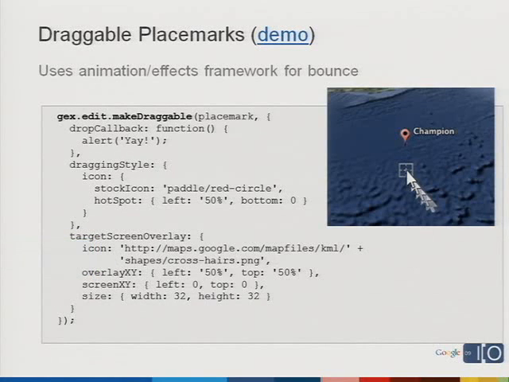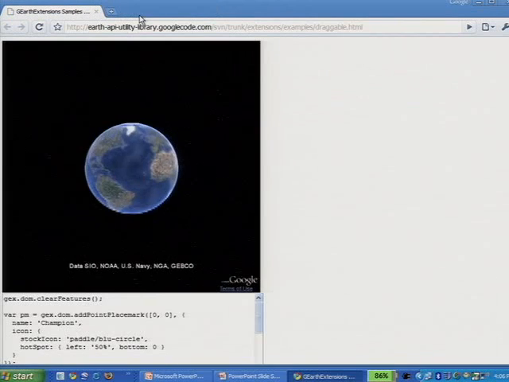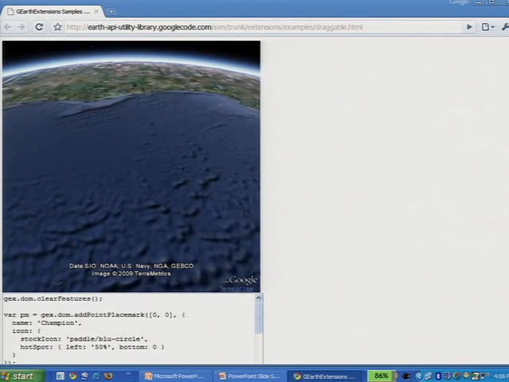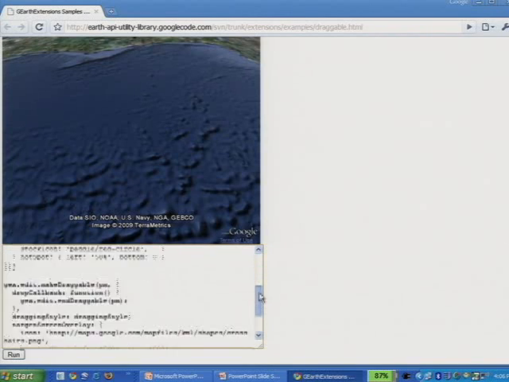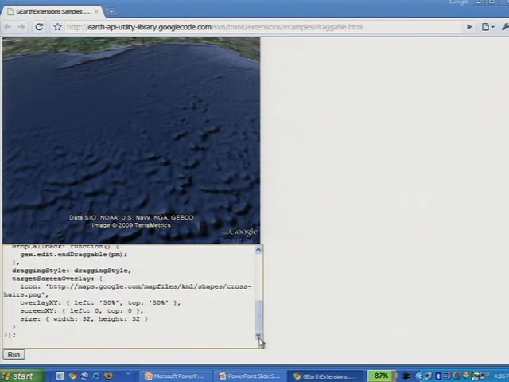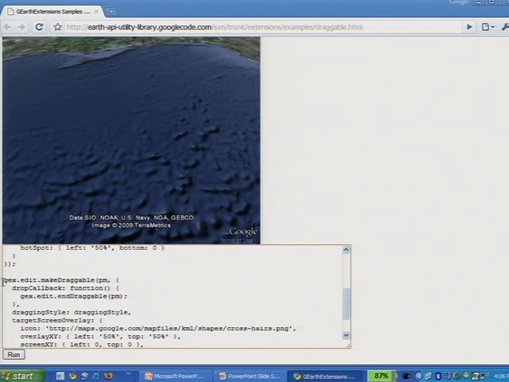So the first thing I want to talk about is draggable place marks. That was kind of the very simplest thing in the demo. Go ahead and close this, close that. All right, so here's the code for a draggable place mark. It's actually much simpler than this. I kind of overcomplicated this a little bit. It's really just that. But anyway, if I go ahead and run this code,